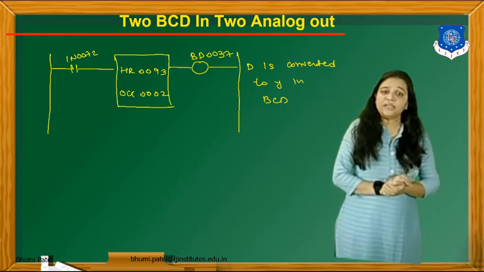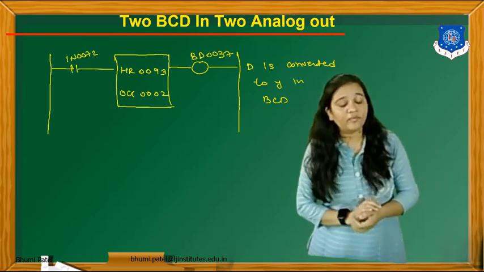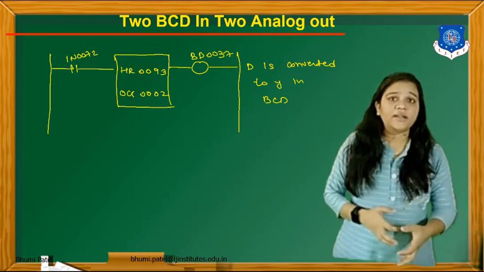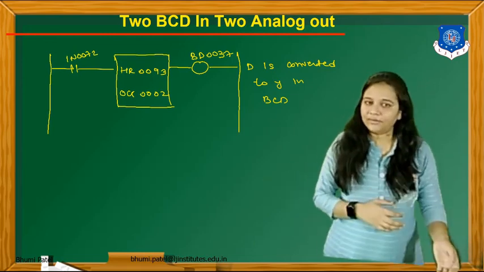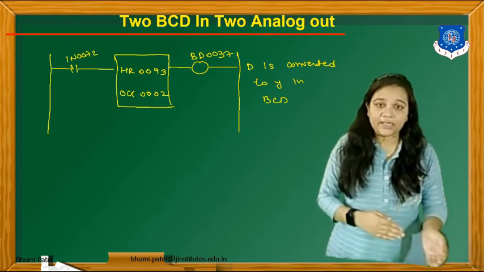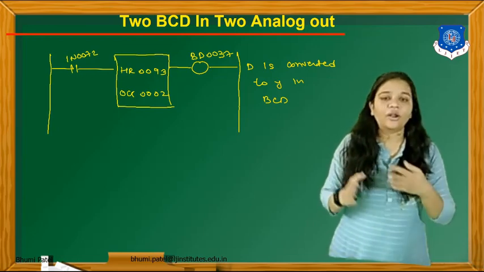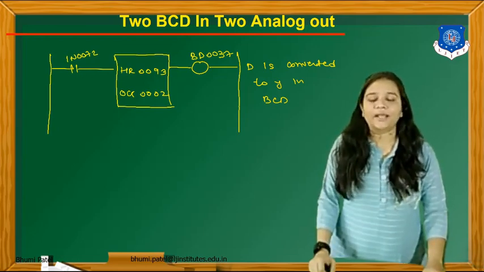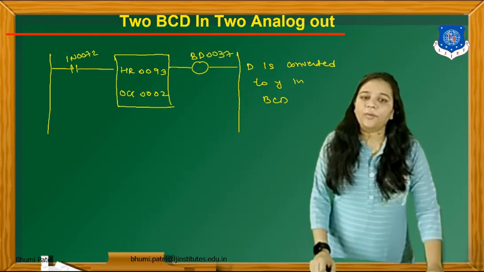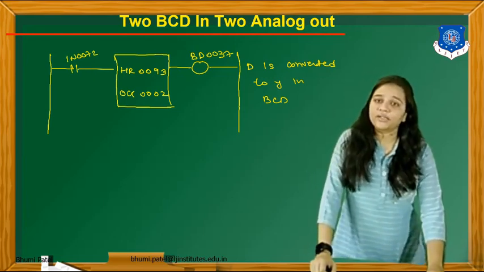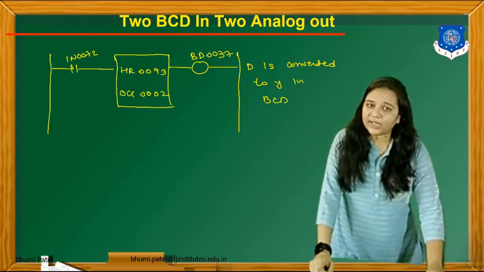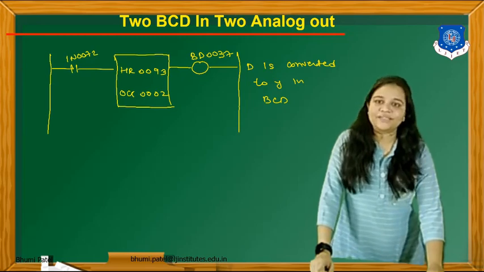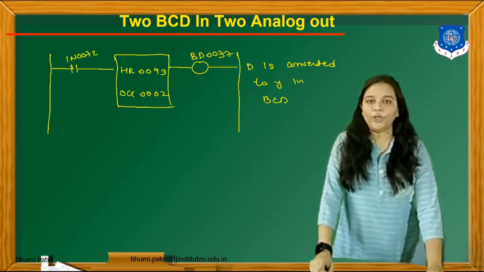and the command will be BD0037. So using the analog signal processing, we can easily convert the analog value into the binary, binary into BCD, BCD into binary, or the BCD into the analog output. Depending upon the process, we have to convert this value using the programming and then we have to store this data for this particular location.